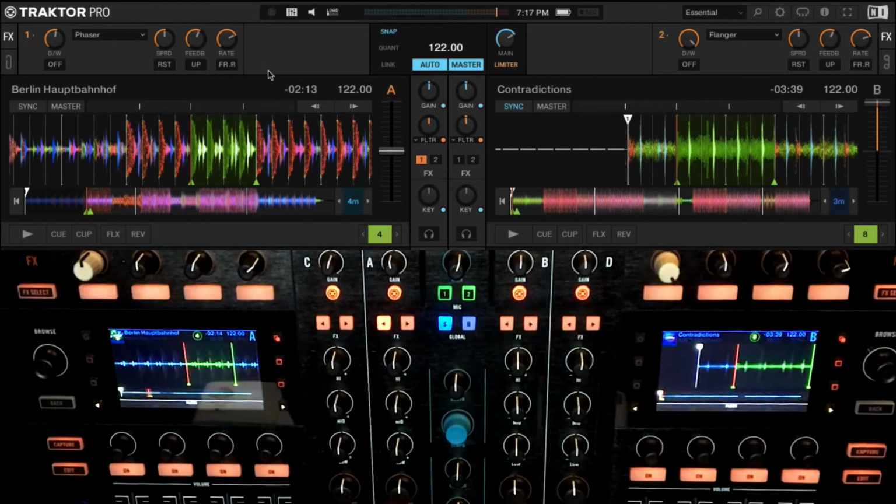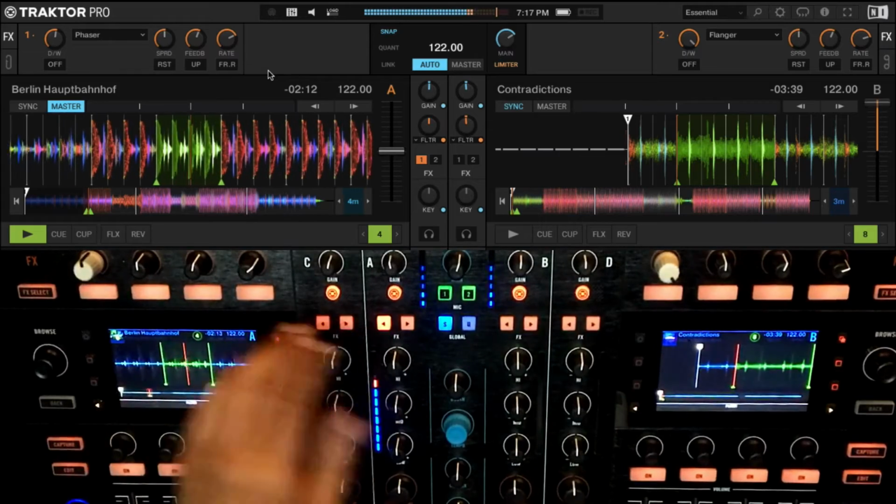Okay. So essentially, the example that I showed you for the flanger is what actually happens in the phaser. In the flanger, also there's a repeat, but those repeats are coming basically from a very short delay. Okay. So you'll hear it now in the phaser when I enable it.